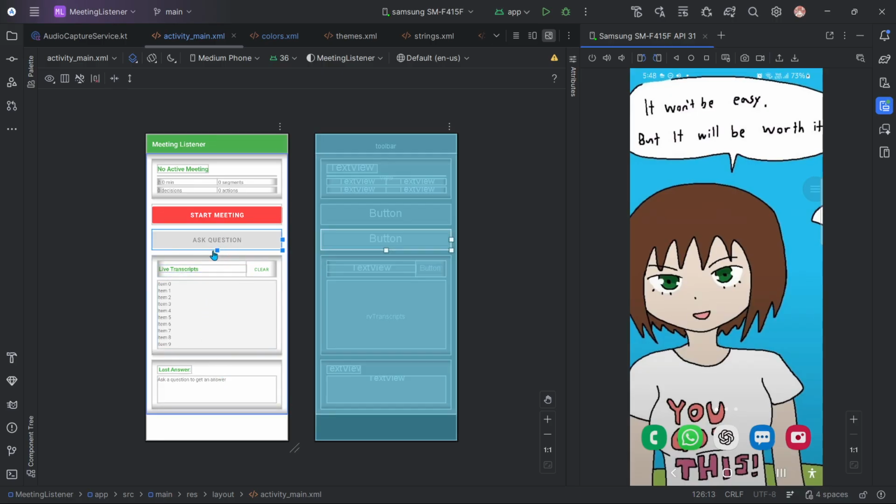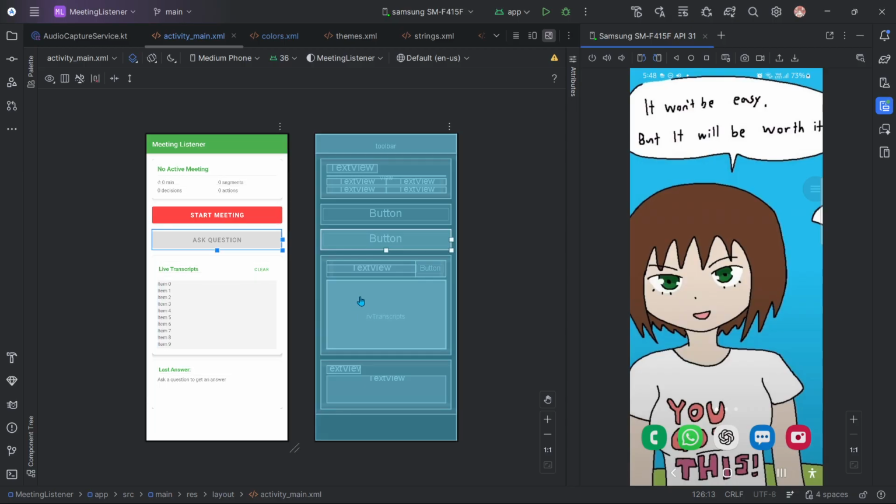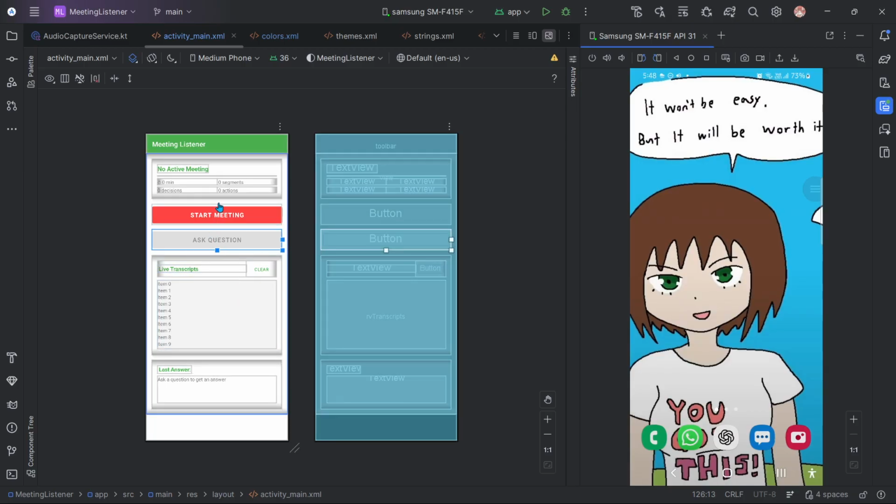When you need to, you can ask it a question. It will also give you the MOM: when the meeting is finished and you click stop meeting, the history will be there in the history tab where you will get the MOM of the meeting. If you want to ask something about that meeting, you also have access to a chatbot.